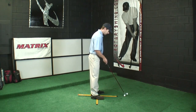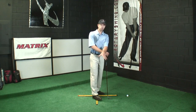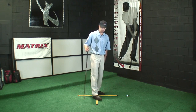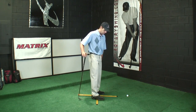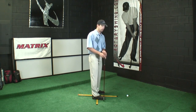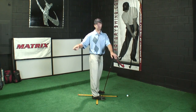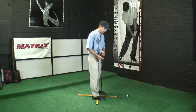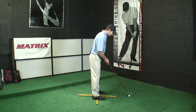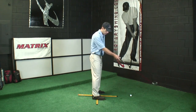So for instance, during the takeaway and backswing, one of the things that I emphasize a lot is that the club, as far as you're concerned, should never move into box 3, which would be this quadrant over here. Now obviously it does, and you want it to, but the problem is people move it there incorrectly, and that's how the club gets buried and stuck and rolled inside. During the takeaway, what I want to feel is that the club always stays in box 2. So it's always going to stay on this side of my